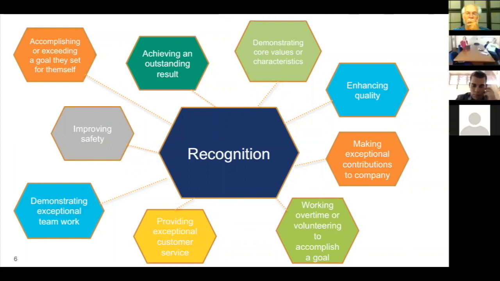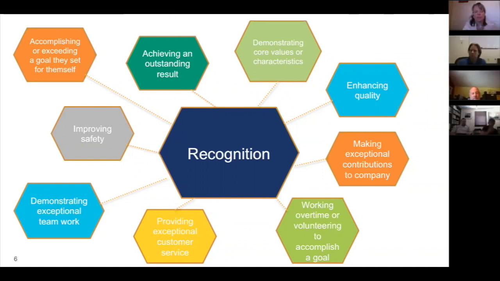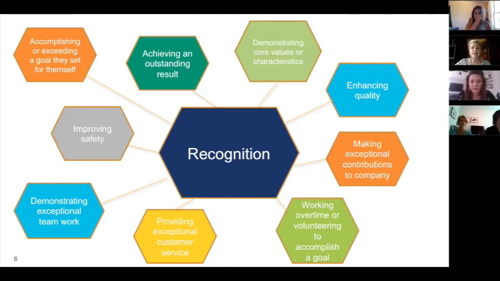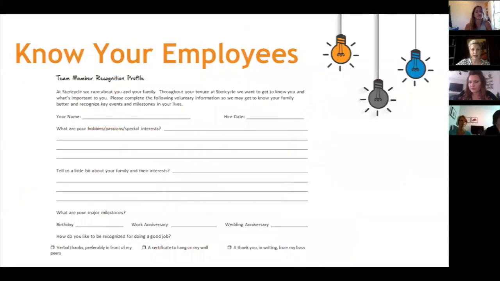These are just a few of the things that can be recognized, and I know you guys know what these are. It could be a huge sales opportunity or anything of that nature, but they're there every day. We don't want to overkill, so we don't want to recognize people for doing the basics of their job. But when they stand out above and beyond the rest, we want to make sure that we emphasize that.